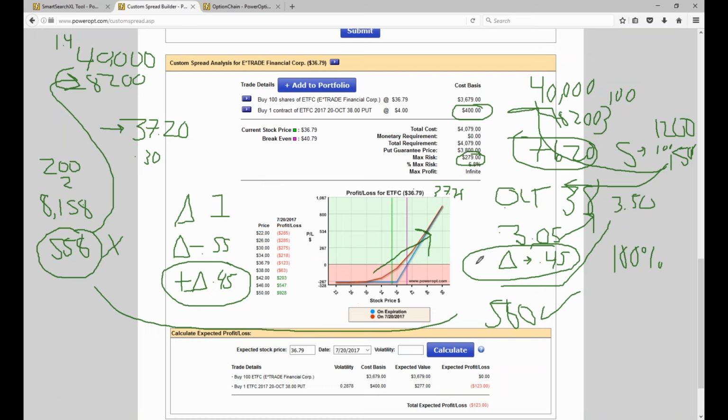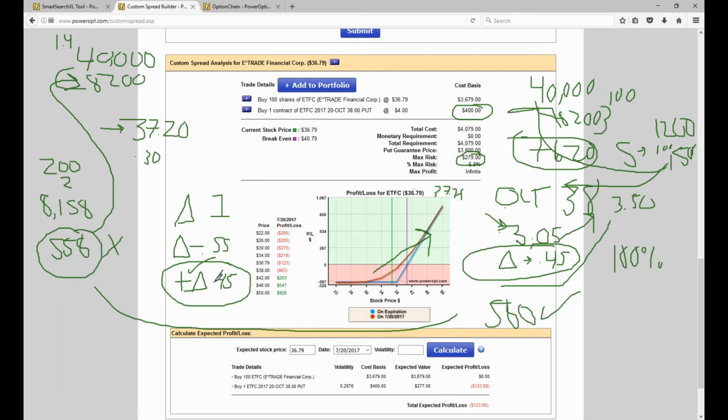Because remember, if you see a 10% drop in a stock, that's going to be a 30% loss on your leverage call. Leverage works both ways. A 5% drop in the stock, you're probably losing close to 20% on the option itself. A 5% drop with the married put, in the first 20 days, I'm probably only losing 1.5 or 2% of my total investment. Okay, so when the stock moves up, I still have a positive delta.